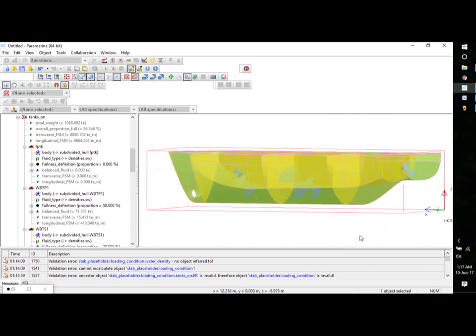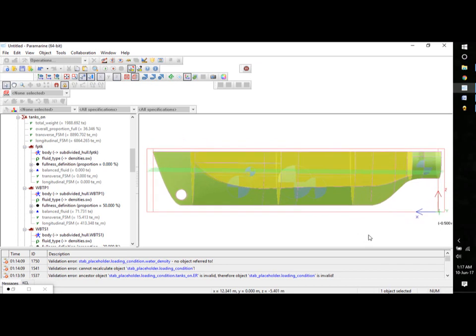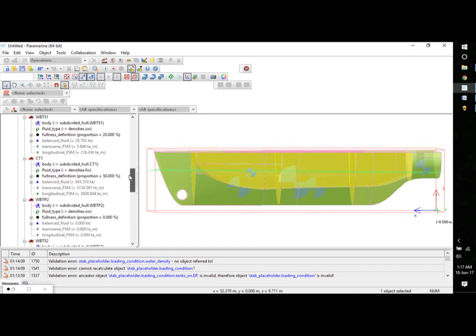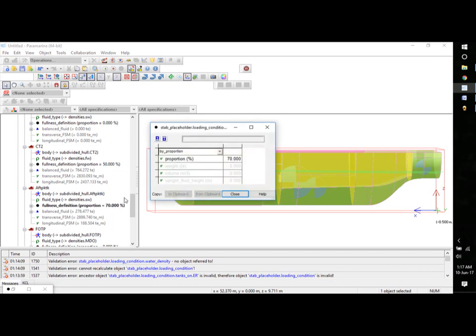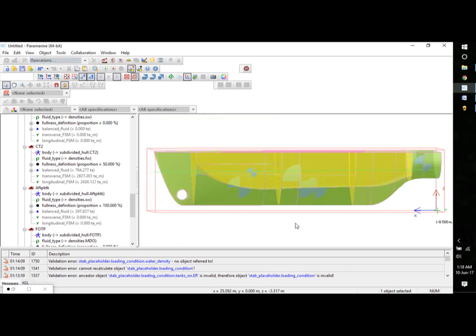That's okay, looks okay. Maybe I'll just fill up the aft peak tank a bit more. When you do it, the loading conditions are already given in the paper, so you just need to select the tanks and give the filling percentages, and that'll be enough. Right, so now I have a trim by the aft condition,